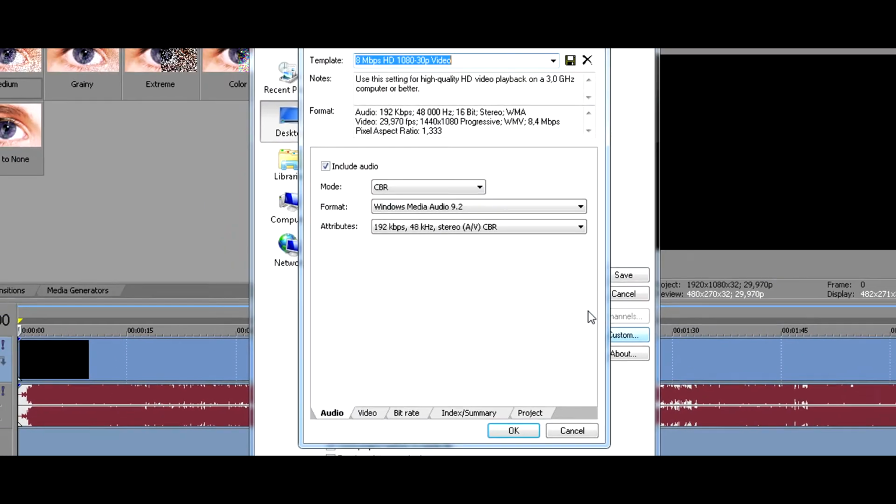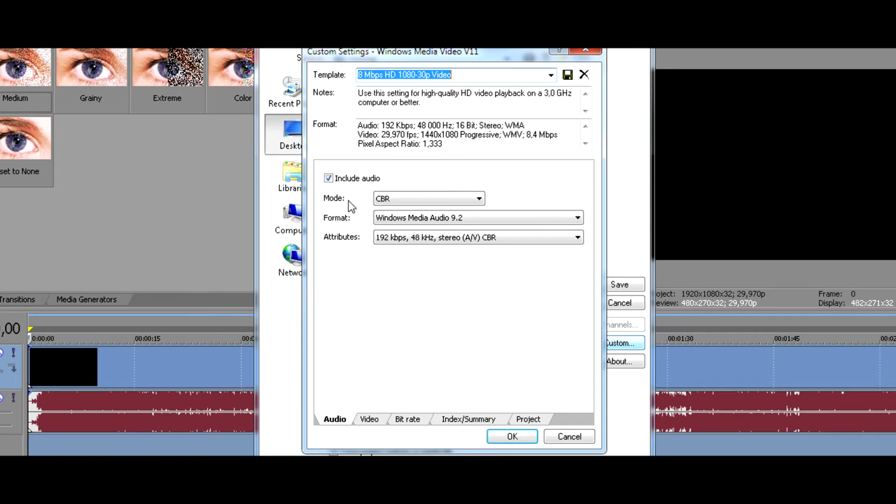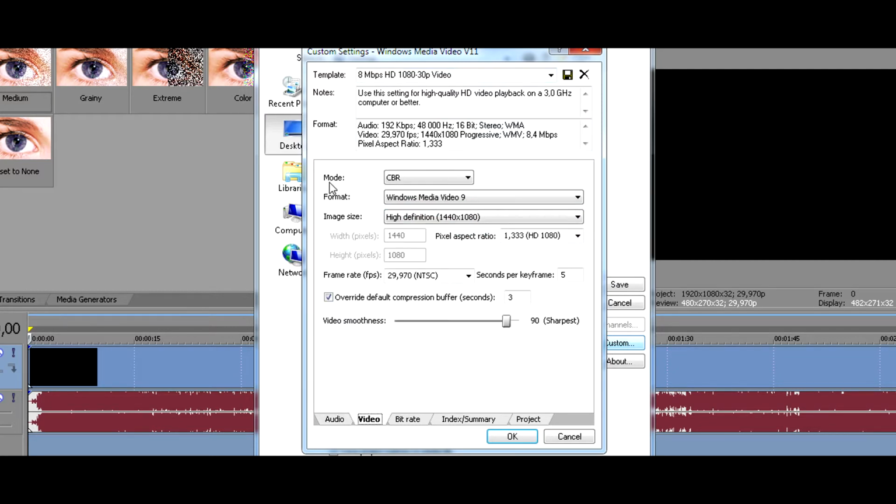Go to custom and select the mode to CBR, format, Windows Media Audio 9.2 and attributes 192 kilobytes per second. Video. Select the mode also to CBR, format, Windows Media Video 9, and image size. Select keep original size because then it's going to select the size of your video, and change the pixel aspect